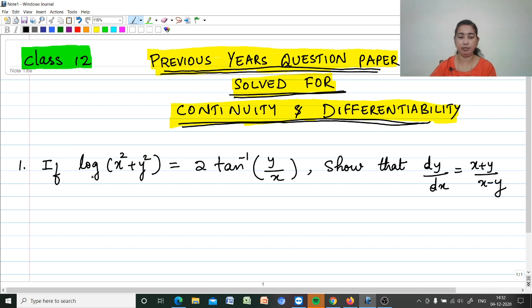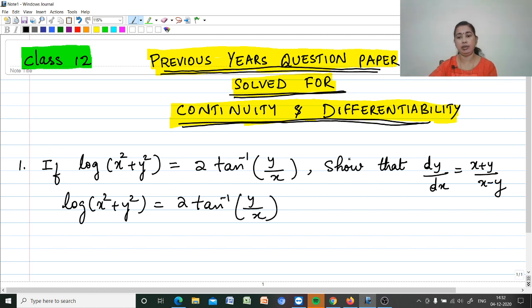First one, if log of x square plus y square equal to 2 tan inverse y by x, show that dy by dx equal to x plus y by x minus y. So, we have to take the equation log of x square plus y square is equal to 2 into tan inverse of y by x, and we have to differentiate this. So, differentiating with respect to x,